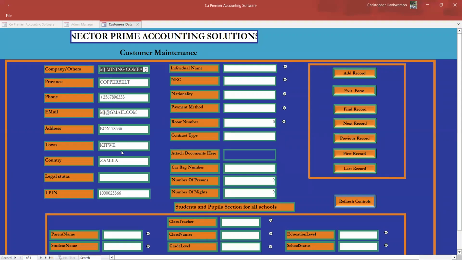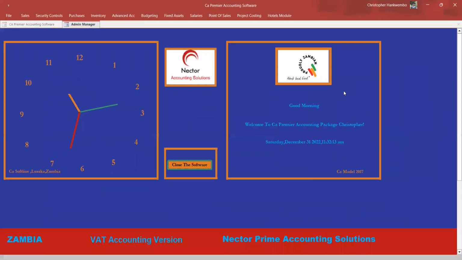Make sure that the TPIN for the customer is correctly entered there because it's required by the ZRA and even the mining company. If you don't put the TPIN here, where you are going to take the invoice, they will reject it until you go back and put the TPIN. So as you can see, the details are already there. So there is nothing to put the others. Your area is just these small portions. Once you have put it there, you simply say add. That's all. Then now you are ready to do the invoice.